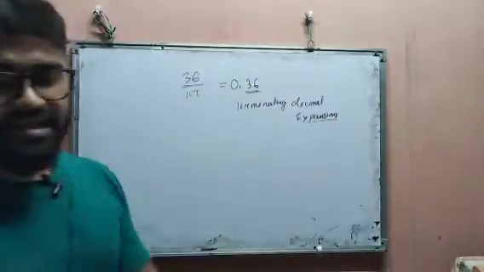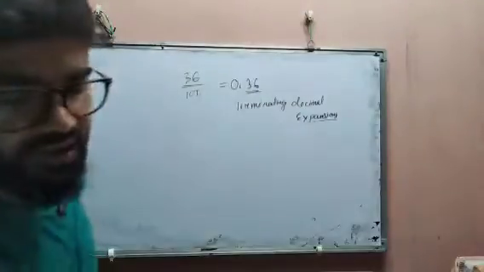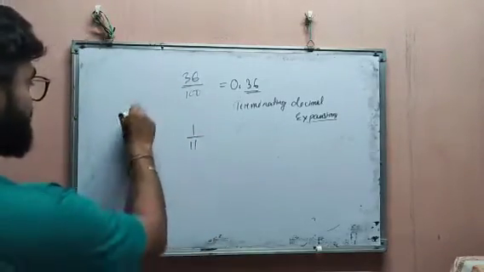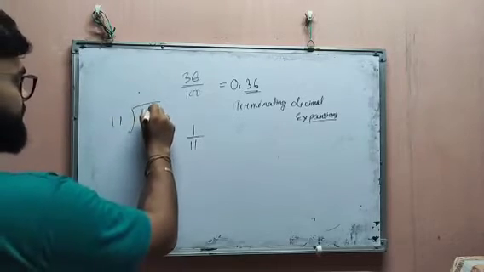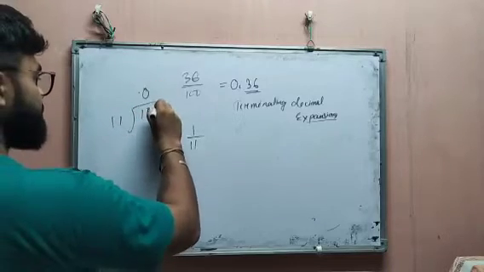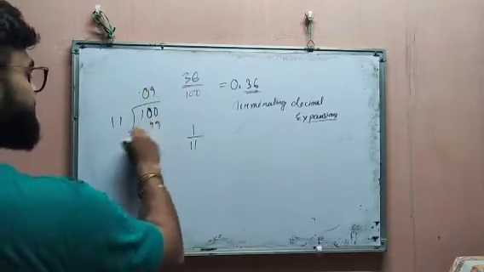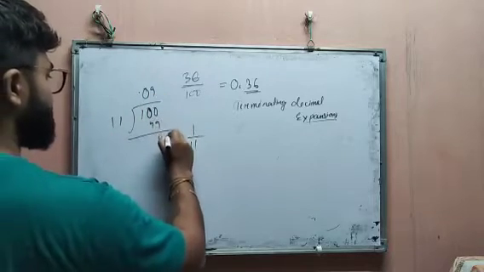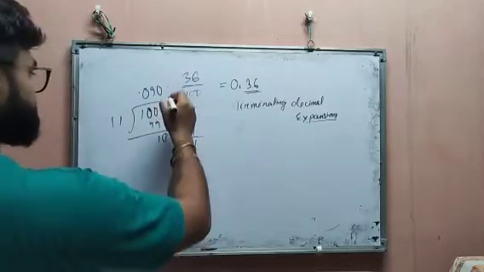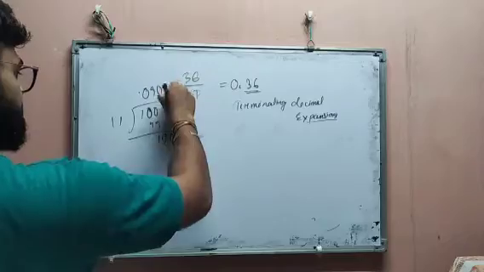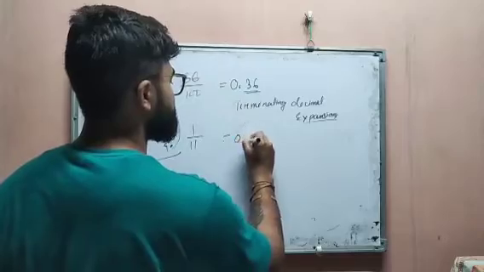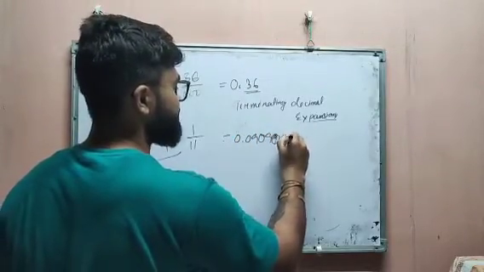Okay, next we are asked, suppose that 1 by 11, then we need to do the division. 1 by 11, so give this point, you will get 10, but it is not divisible by 11. Again give this 0, it will be 100. 11 9s are 99. Again this will be 1. So here for a point 0 is coming, then again you will get 0, give this 0, then again you will get 99. That means it will not finish, it will repeat, like 0.090909, like that. It will go on again.